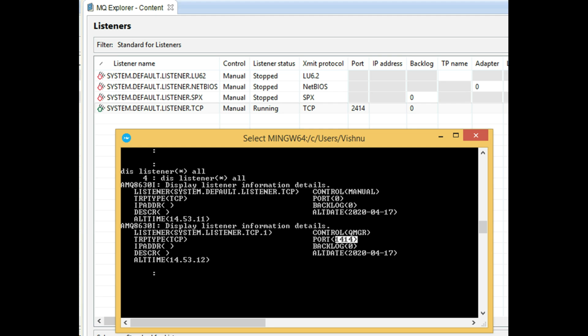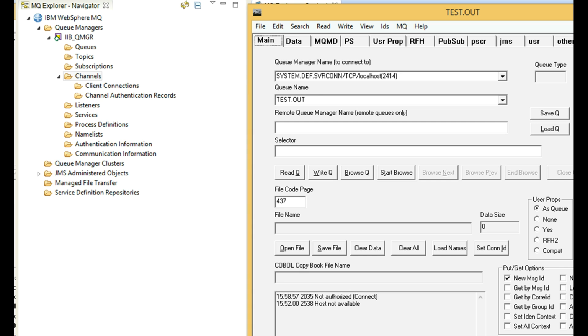When you install WebSphere MQ on your laptop, you will not have it enabled by default such that remote IP and remote users can connect to it. That is a good safety feature by IBM. On Docker, I have a listener running on port 1414. On Windows, I have set the port number to 2414. On your left, you see that my queue manager on Windows is connected locally with the MQ Explorer tool. But on the right, when I try to connect to it using RFHutil, it blocks me.